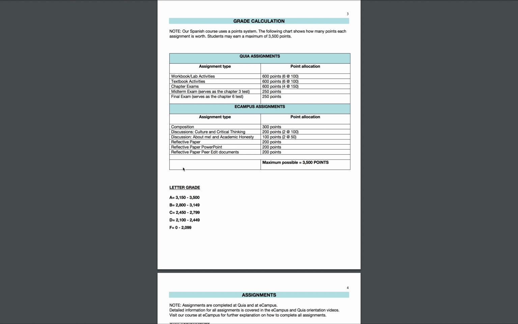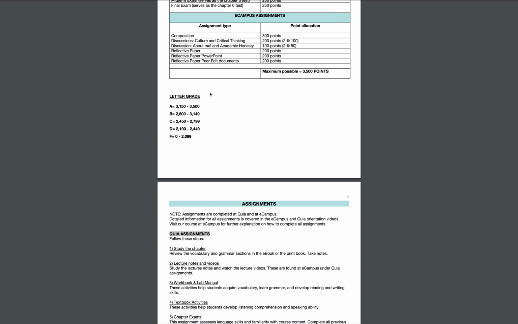The grade is a point-based system. That means that you have the opportunity to earn up to 3,500 points. And at the end of the semester, at the end of the month, depending on what bracket you fall into, that's the letter grade that you'll receive. Just remember this for the end of the course, because all you'll see on eCampus for your grade will be a total points column. So you take that total points column and you come back to the syllabus to see what letter grade your total points fall on.